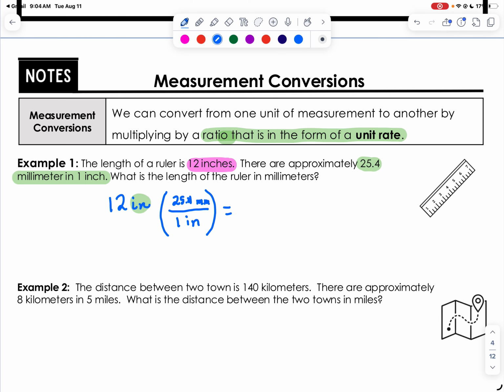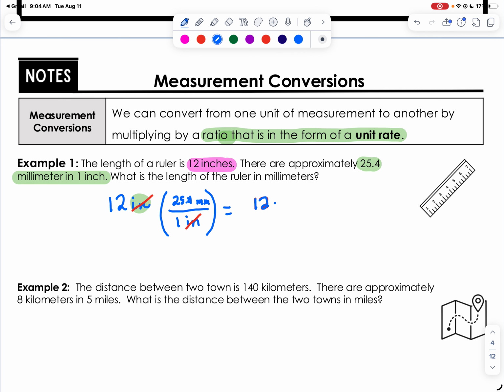Then you're just going to multiply your original amount times your unit rate and see what you get. But before we do that, remember we can cancel inches with inches because one was in the numerator and one was in the denominator. And what we have left over is 12